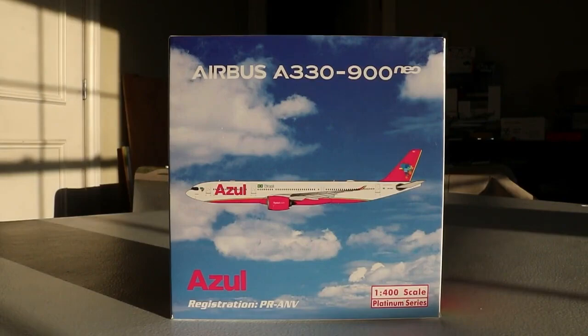You know, TWA 747 is great. The price was elite. $50 for that. It was a 747-100 elite price. But nevertheless, we will make